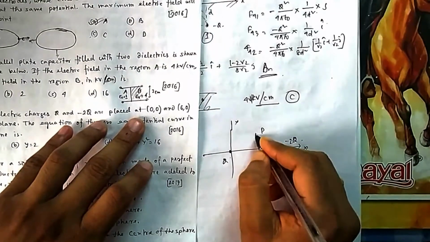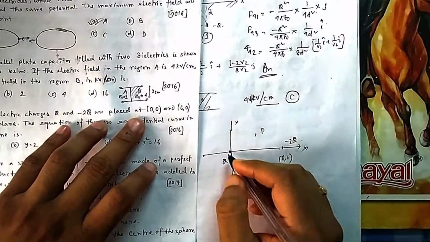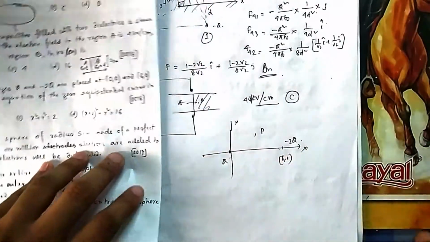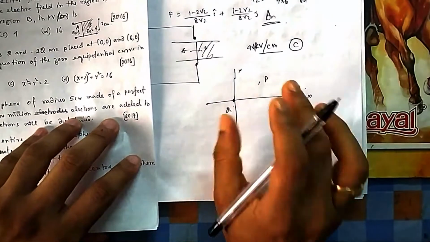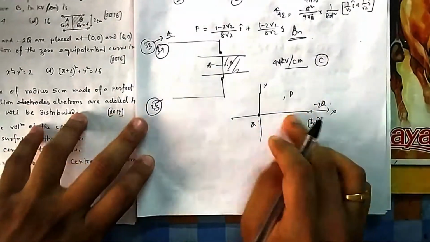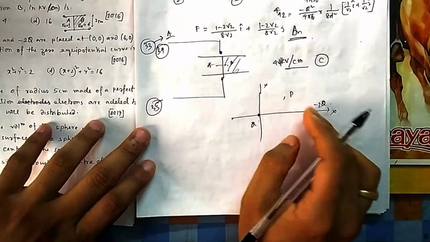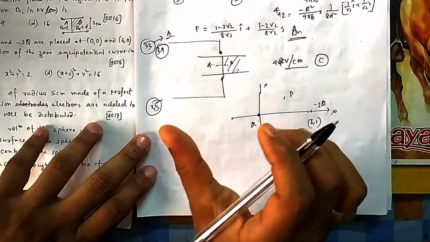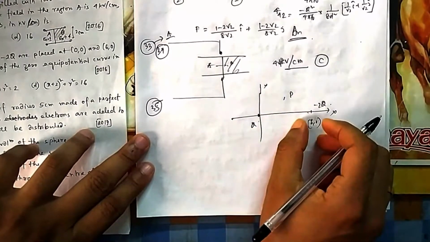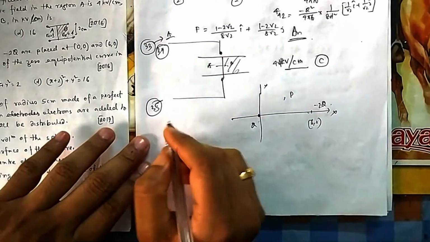So the voltage due to this and this will be the same in magnitude, because both are of opposite polarity. Or the summation of these two should be 0, that also you can see. If you ignore the plus and minus sign and only take the magnitude, then both will be the same, because one is positive and one is negative, so that will cancel out. Or you can just add.